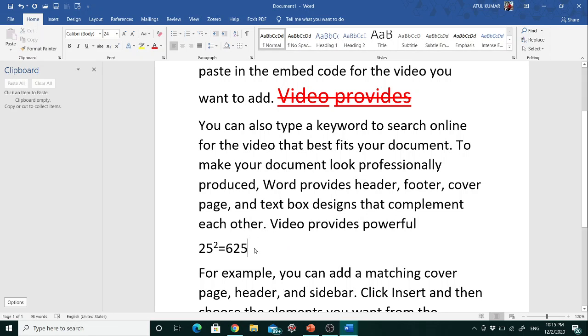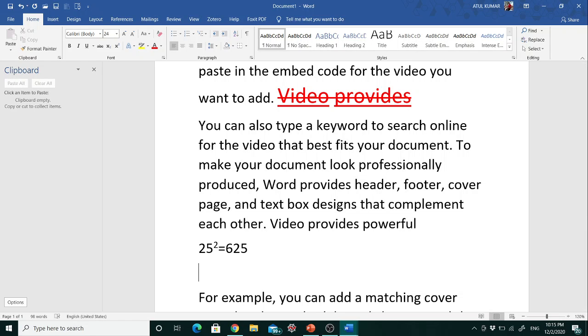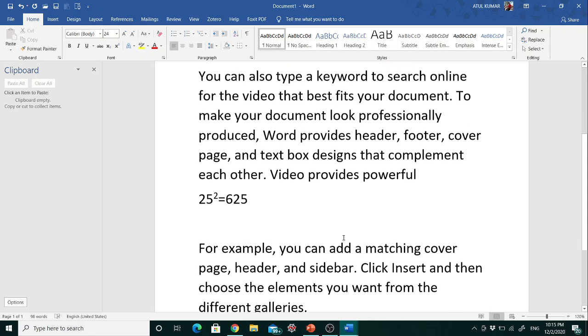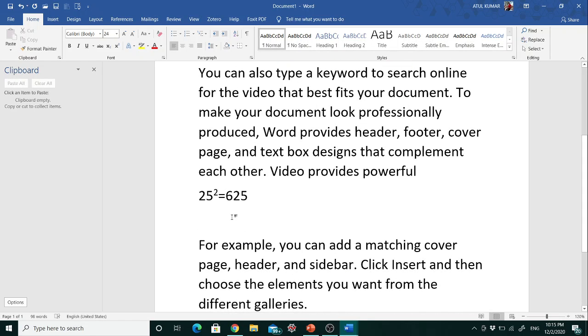Similarly, you have seen different kinds of chemical reactions used in your chemistry, and various kinds of acid names like H2SO4. It is sulfuric acid, and if you want to write this H2SO4 in MS Word, you want this number below H and also 4 below O. So just select this number and go to subscript.